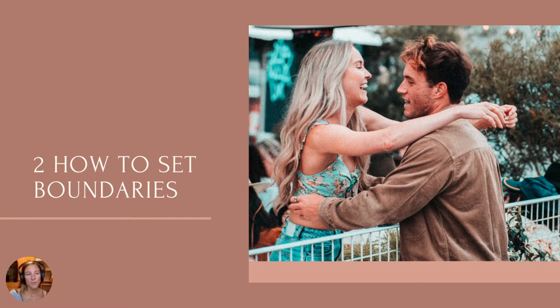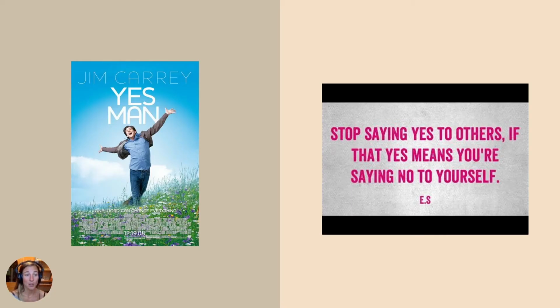And so before we get into it, I wanted to talk a bit about the two different ways that we have to clarify boundaries. And as many of you probably know, there's this famous movie called Yes Man with Jim Carrey. It's a really great movie about a bit of a grumpy guy, and his problem is that he says no to everything. People invite him to an evening out, he says no. Someone gives him an opportunity, he says no. Someone asks him for help, he says no. And he realizes he's a bit of a negative ninny.